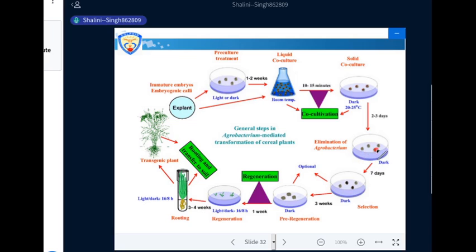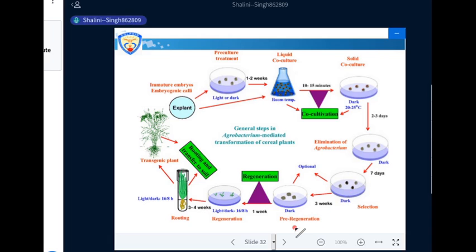Once the plant is growing and the Agrobacterium growth is stopped, then the selection will be carried out. Selection is carried out with the help of the antibiotic for which the antibiotic resistance gene is present in the gene construct in the plasmid. After selection, there will be viability of only transformed cells in this medium, and then these